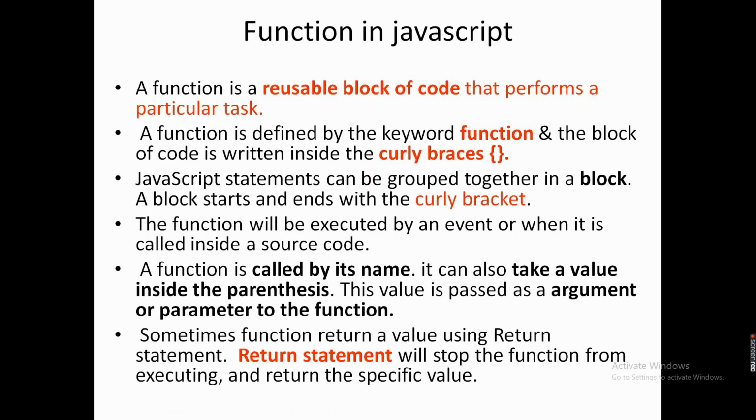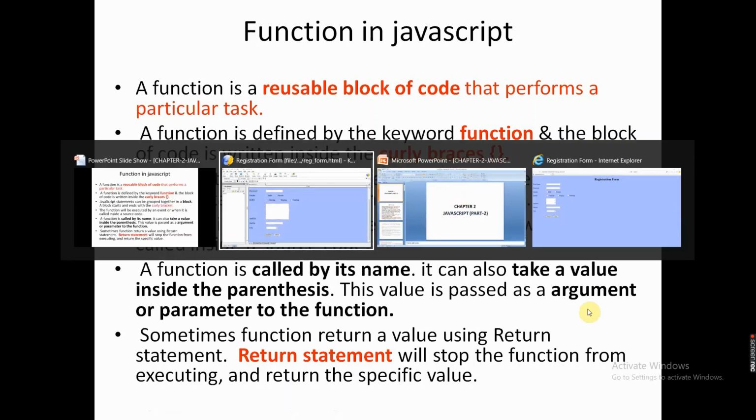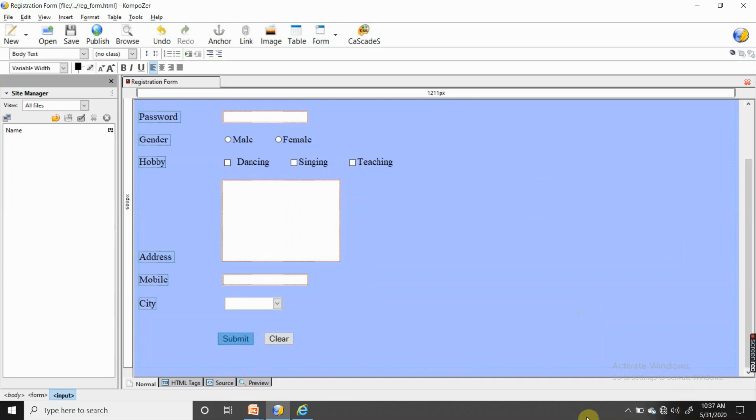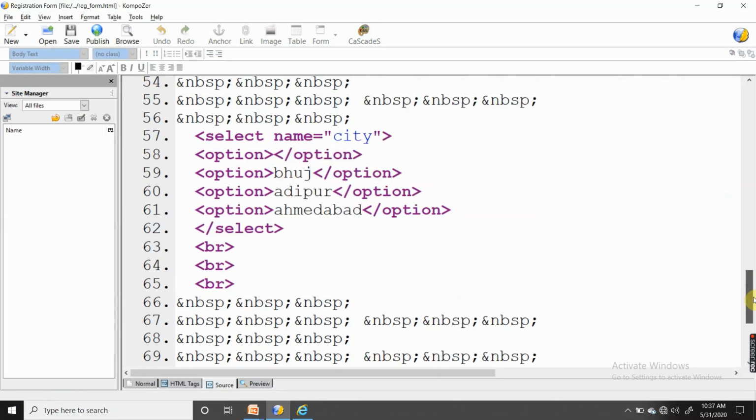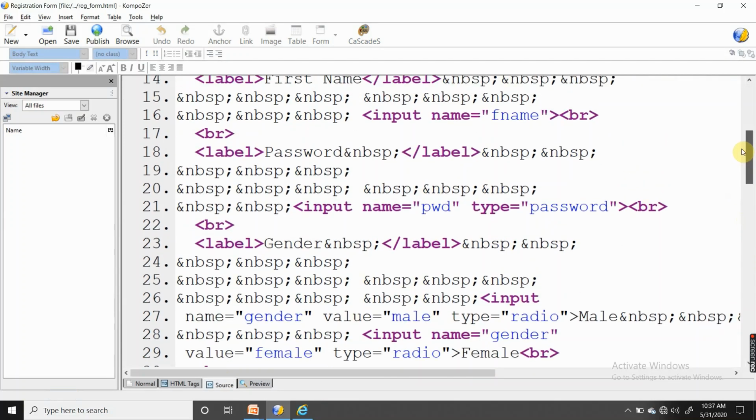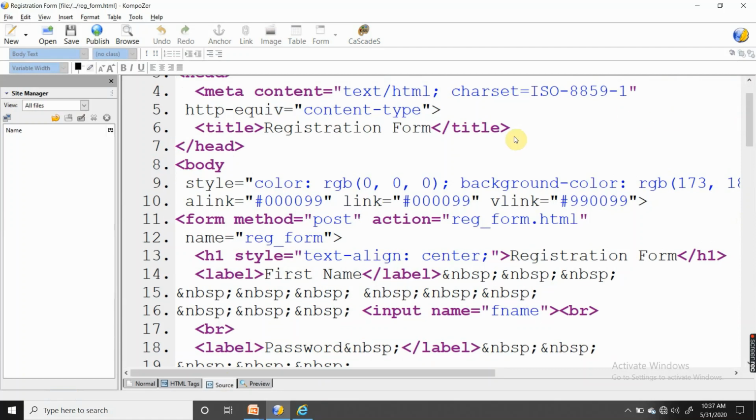Now we will see function. Yes, we have to write everything inside the function. We have written the script opening tag and closing tag. Not yet, we will write it. Everything we have to write inside the script tag.